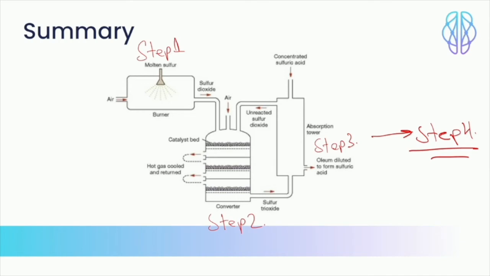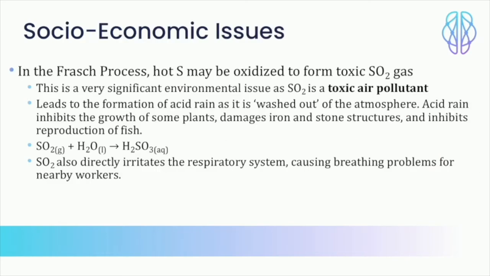One thing I've left out is step 4, which happens in a diluter. So basically, this is the step where we form our oleum. So concentrated sulfuric acid reacts with the sulfur trioxide in this step, and basically we send it off to the diluter in step 4, where that oleum is slowly reacted with water to form our product, obviously, which is sulfuric acid. So hopefully you've got a pretty good understanding of the Frasch process and the contact process as a whole,